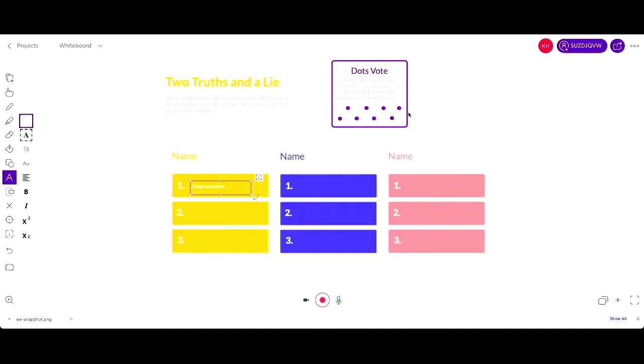And instead of guessing, so this already has all your directions. Instead of guessing, you can vote for a lie by placing a dot on the rectangle that you do not believe to be true. Okay, so say I would like to